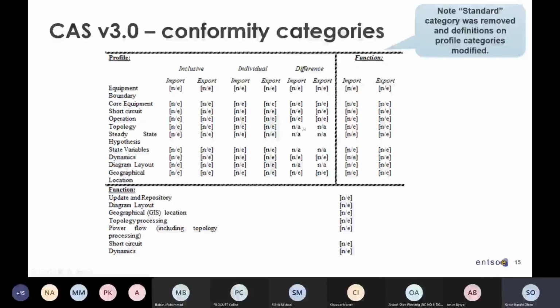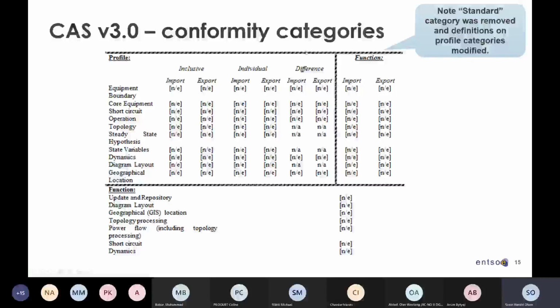What is implied here is that in general, if you have functionality but you may not be totally compliant, the thing is to use the default, not assessed, the NE. Then if you don't have support and you want to inform that, you can put no. That's particularly also indicating that the tool is not intended to do this type of job.